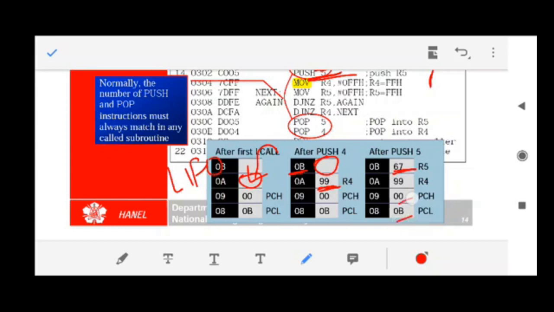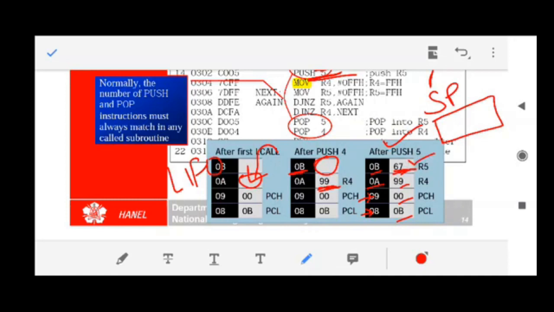Fine. Please don't get confused. These are the values of the stack and this is the location of the stack. These are the locations of these stacks. Fine. So stack pointer, please tell me what is the value of the stack pointer here. The value of the stack pointer is the location of the last value stored in the stack.